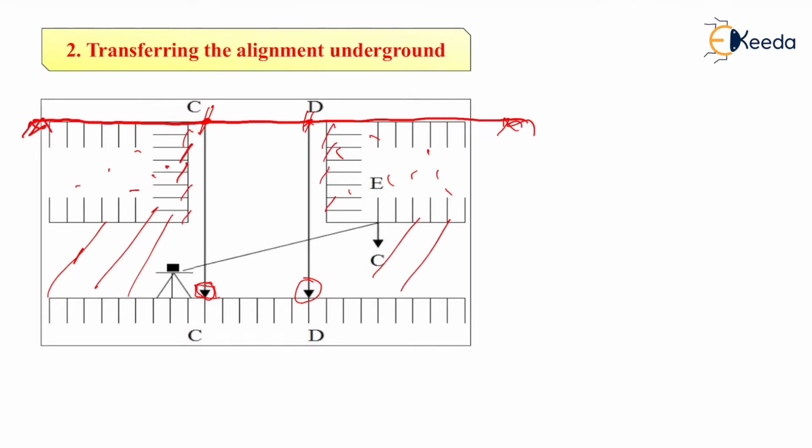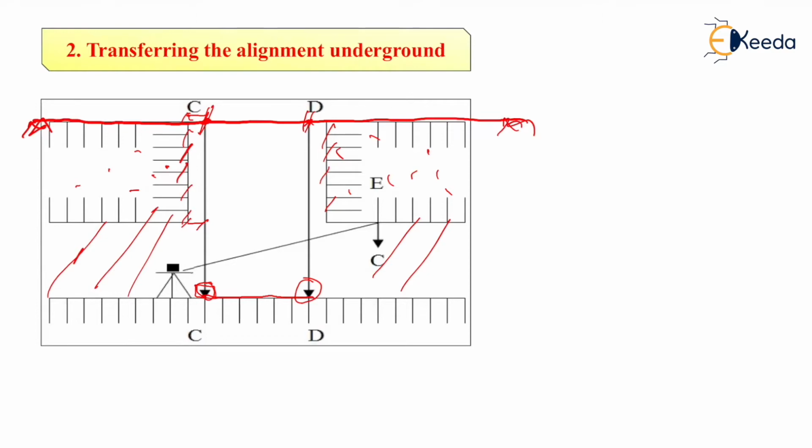So they are freely hanging. As a check, the distance between the wire at the top and at the bottom of the shaft is to be measured, and this should be the same. That means this distance on the ground, the distance between the shaft edge and your wire, we can measure, so as to confirm that the string of your plumb bob is freely suspended. Then the line joining the two wires gives the direction of alignment underground. So the line which joins these two wires will give you the alignment on the surface, under the ground.